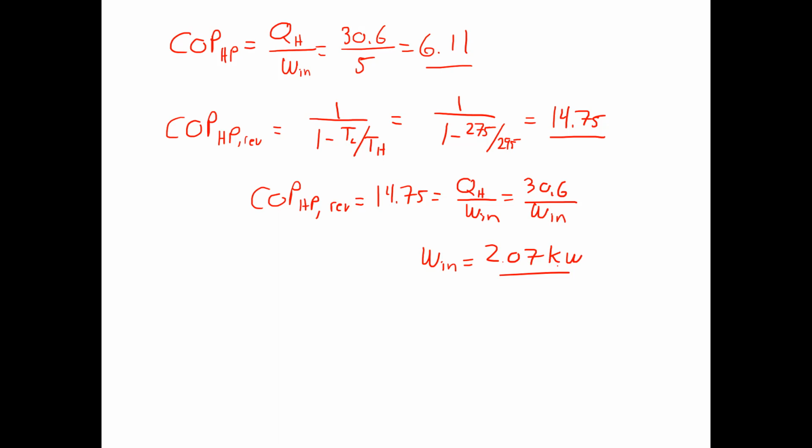To see whether it's enough, let me look at the Carnot coefficient of performance and see the minimum work it needs to move that heat if it were as efficient as possible. And it would be 2.07 kilowatts. So basically, as long as the coefficient of performance is greater than 6.11, and of course it has to be less than 14.75, then that 5 kilowatts